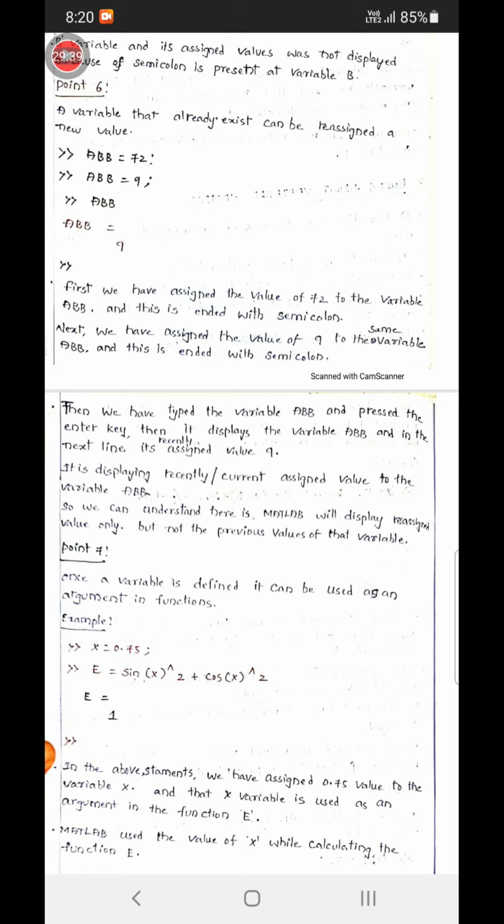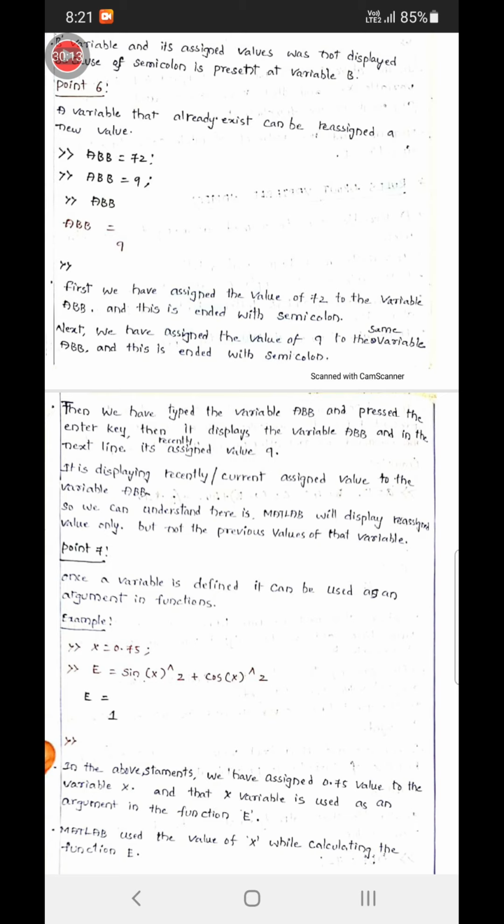E equal to sin x square plus cos x square. That is the function. So we are using the variable x in the function. MATLAB uses the value of x in that function and calculates it. It will display the output like e assignment, and in the next line displaying the value 1.